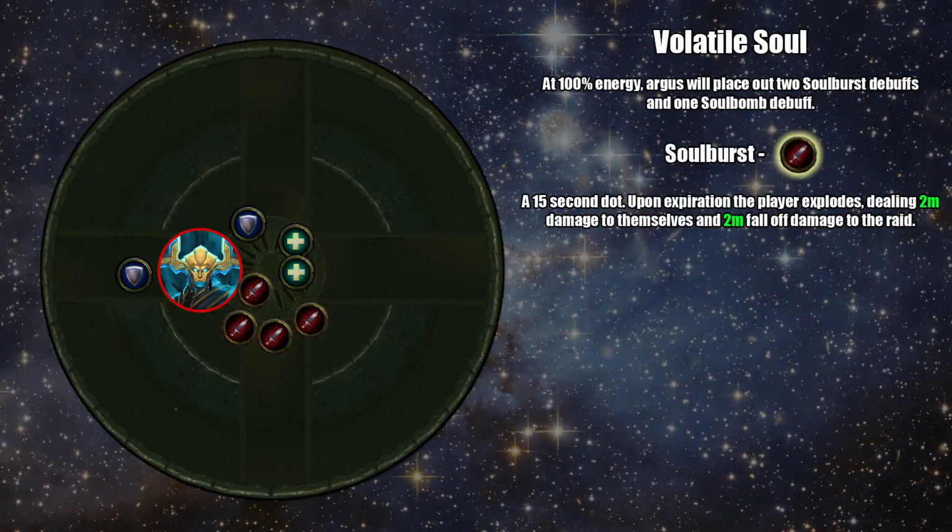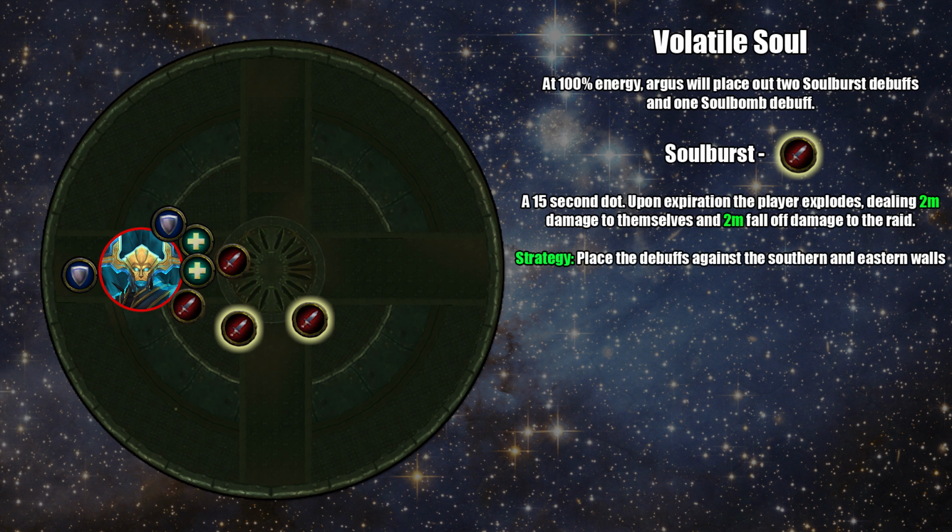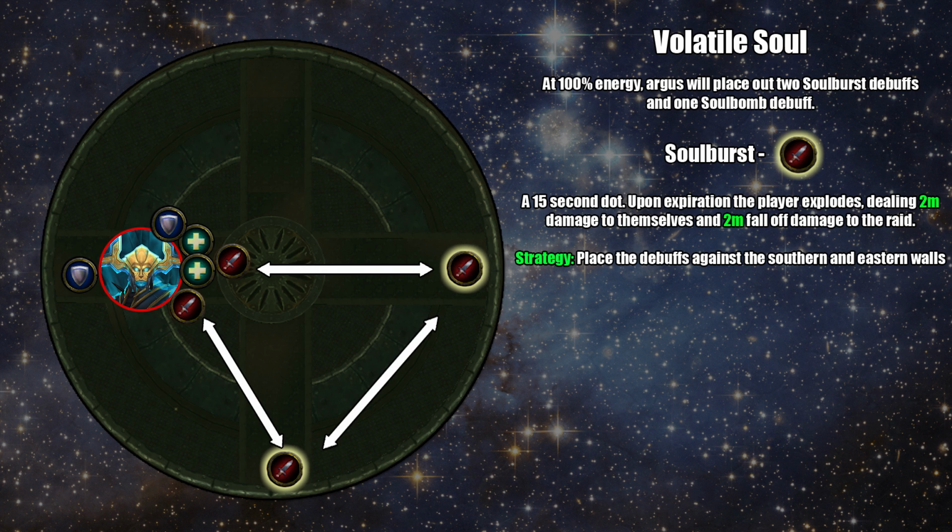So the Soul Burst players want to move around 45 yards away from the group and each other and then explode. We decided to place the boss against the western wall and have the rest of the raid stacked up behind him. We'll then have the Soul Burst players go to the southern and the eastern wall. This makes the gap between the Soul Burst players and the raid at least 40 yards, making the explosion damage much more manageable. The reason we left a gap in the north is so that the Soul Bomb player can